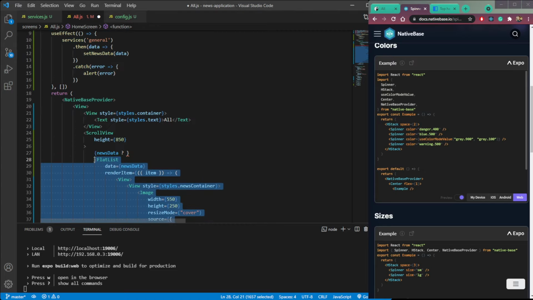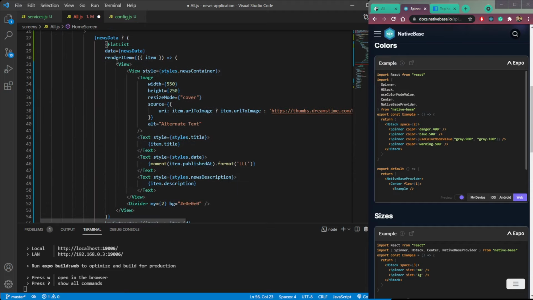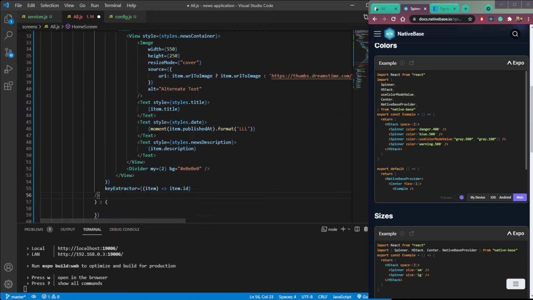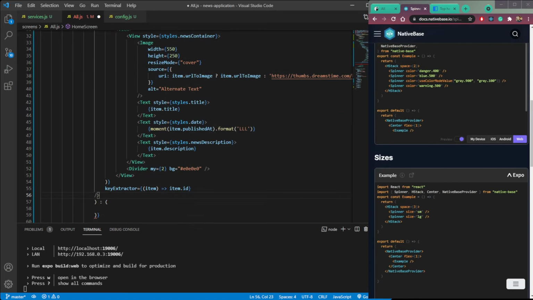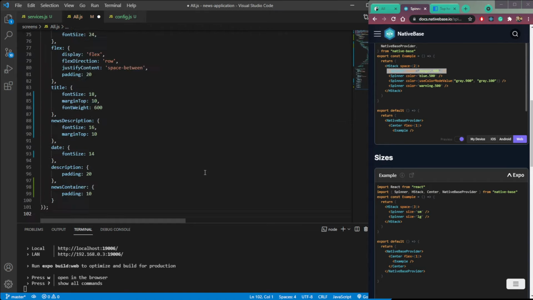So copy the flat list or cut it, then we need to paste it here. So paste the flat list here in the first bracket. Then we need a spinner, so copy a spinner and then paste it in this second one and save it.